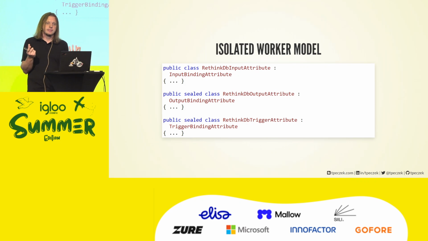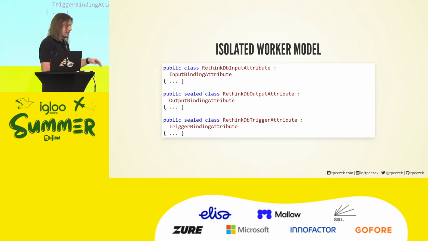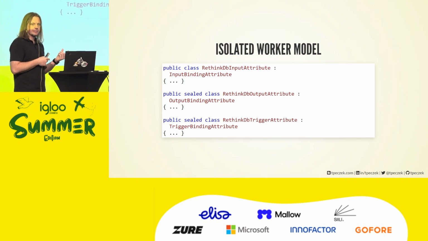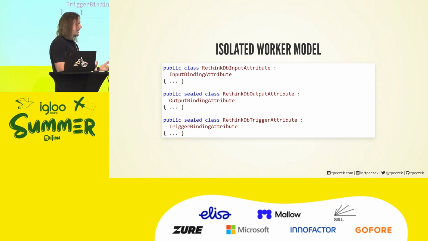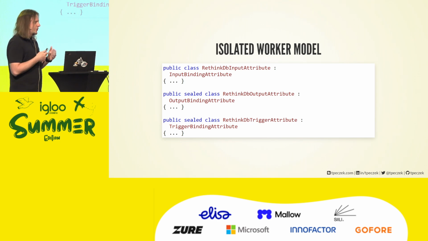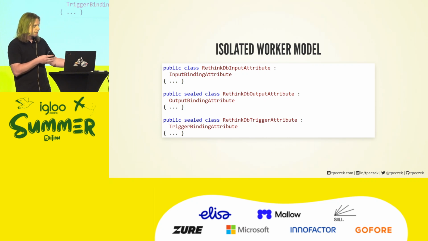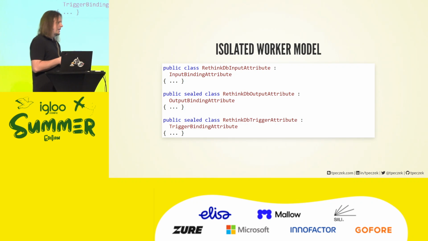And that's a limitation. Because there are certain bindings, there's a lot of them in .NET, but also in other languages, that support very specific types, SDK types. Like, I don't know, client to a database, client to a queue. You can't send that over gRPC. That doesn't work like that, right? So what Microsoft had to do to enable that, and this is why we still don't have a parity in .NET between the in-process and isolated worker, is that there is some kind of mechanism, different for every language, to run some of the integration code in that isolated worker model extension.